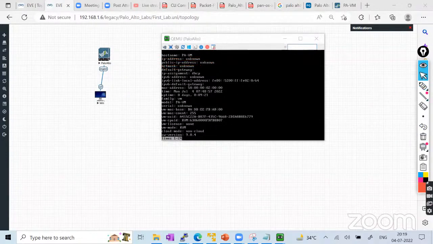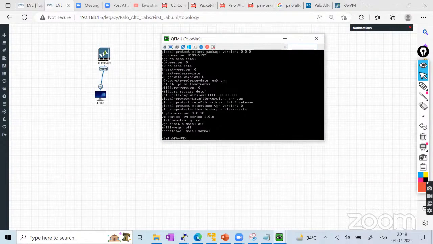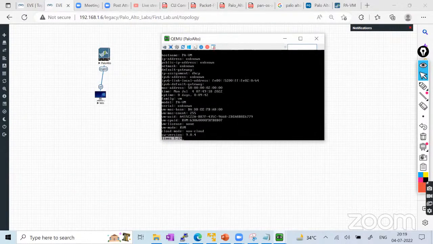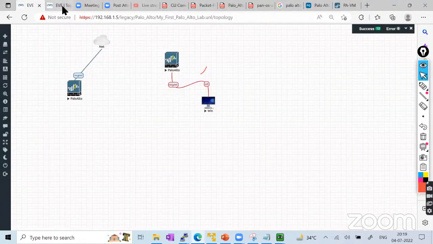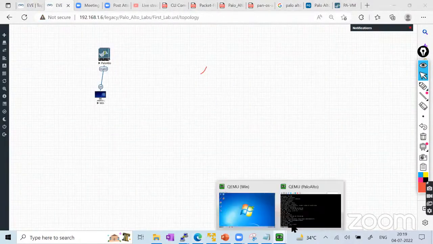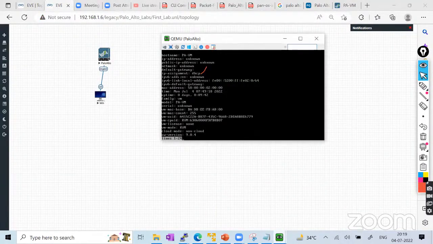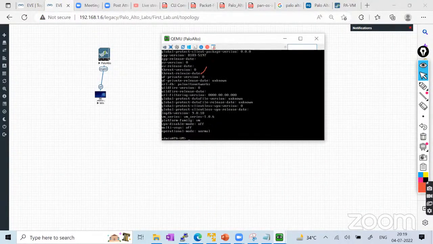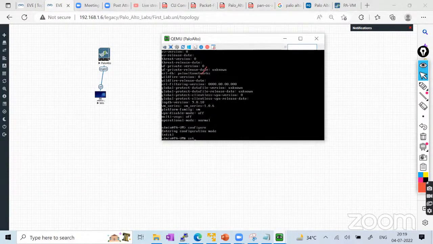What you have to do first: you have seen that this firewall doesn't have an IP address, but the IP assignment type is given as DHCP. So the very first thing is to change from DHCP to static, because in your network a DHCP server is not present. In my case it was present, but in your case it is not. So the first thing you have to do is change the IP assignment from DHCP to static. How is it going to happen? First you go into configuration mode, and after that you write the command set